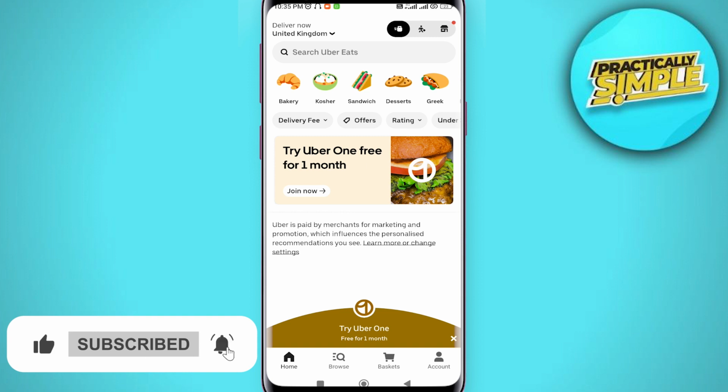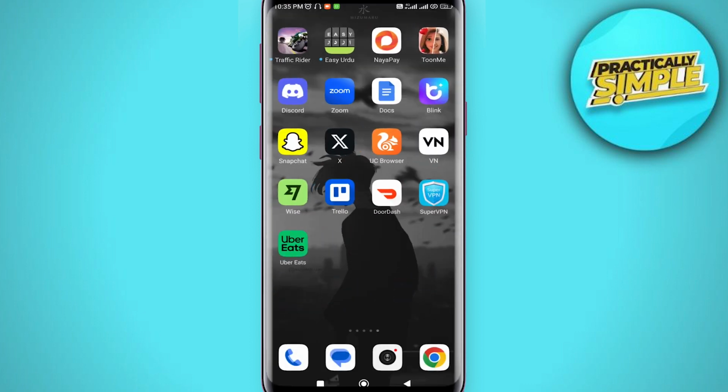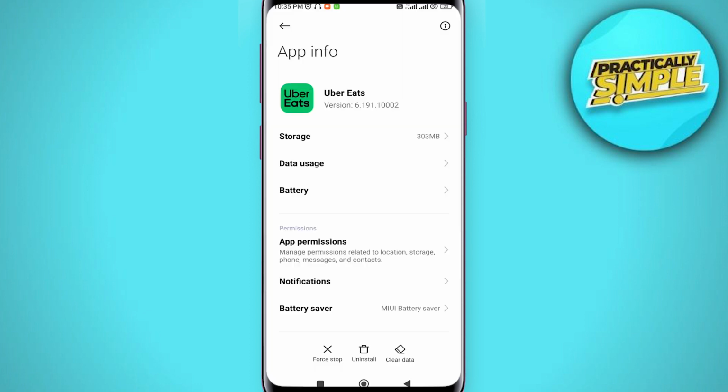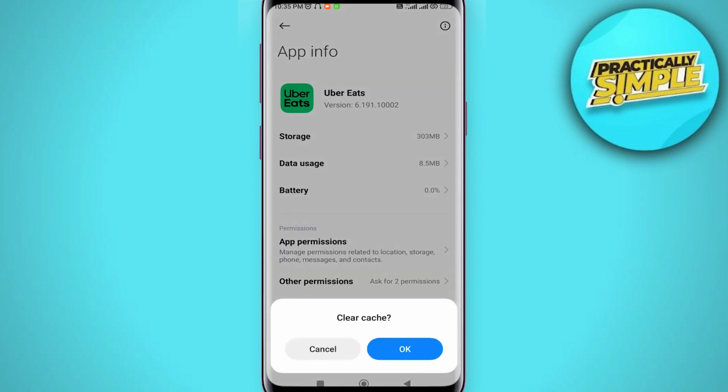So the first thing that you want to do here is to clear your cache on your application. So go ahead and look for Uber, press and hold on it, and go for this app info. Now from here, you'll see this clear data option, but sometimes it's going to give you an option to clear your cache, so you don't want to immediately clear all your data here. If you have the option to clear your cache, as you can see here, tap on this clear cache